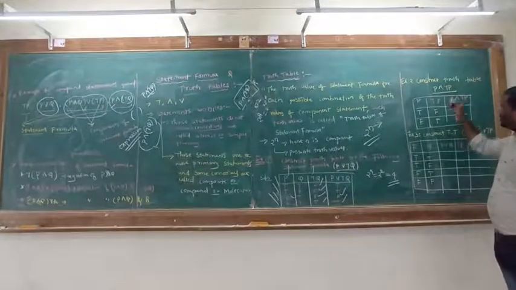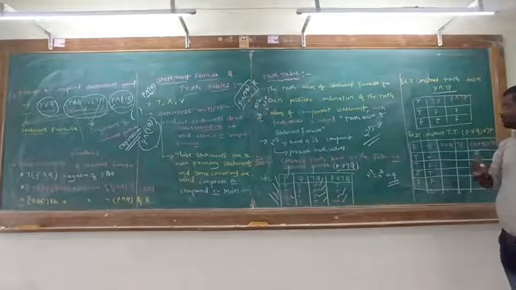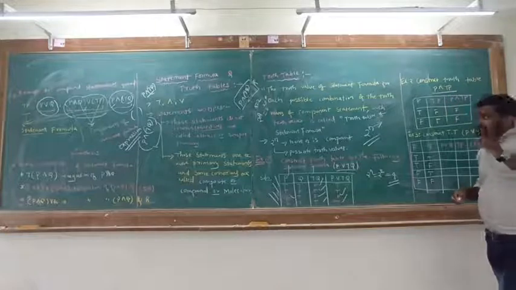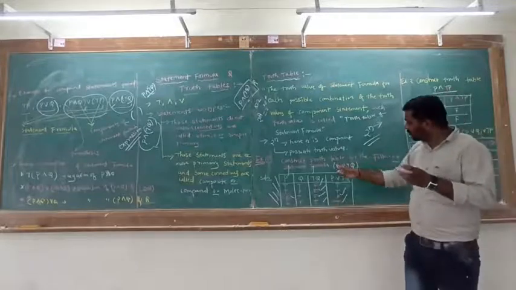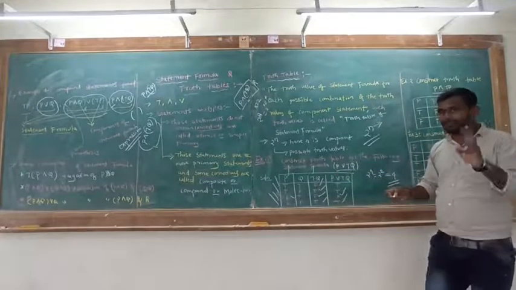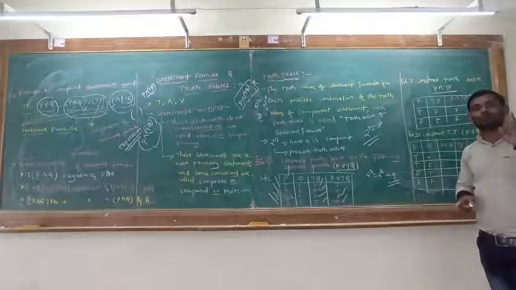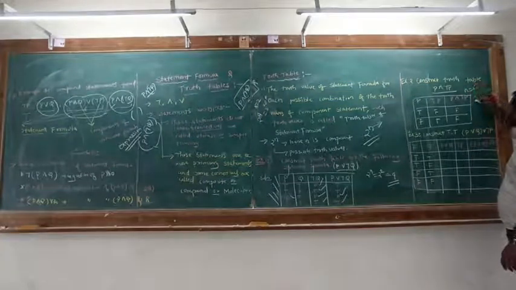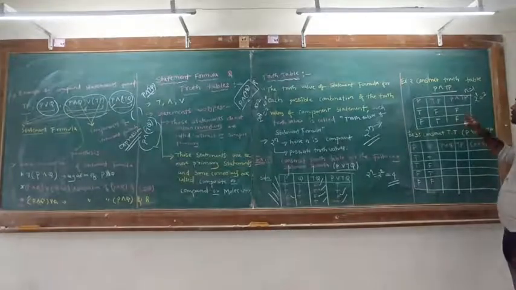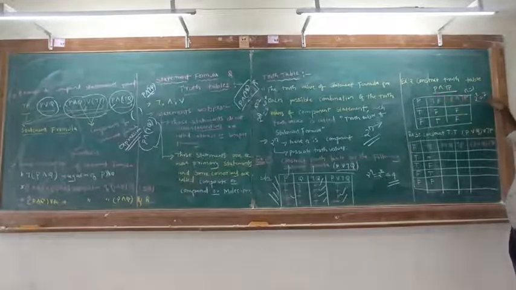Okay. So P is here, and P is here also. So the number of components will be one only. You cannot say two, because here I want different components in the statement formula. See here, P, Q are two different components. If you have the same components, you consider one. The number of components will be one only. So that's why here n equals 1. So 2 raised to 1 equals 2. So the number of possible truth values for this statement formula is 2.